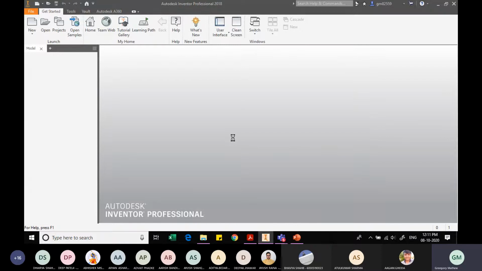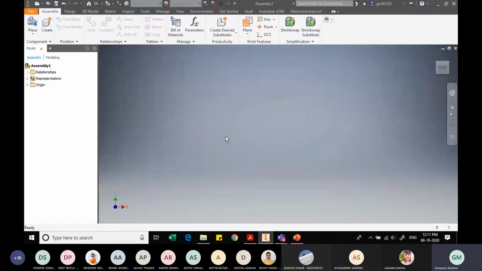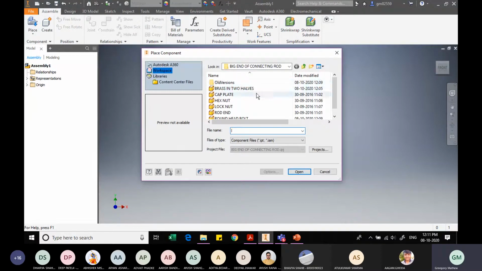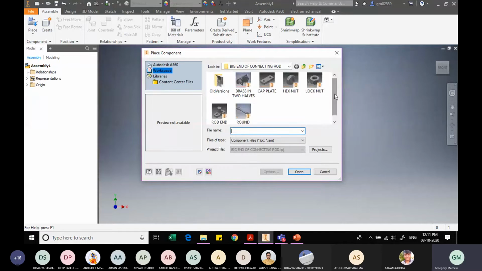Okay. Now tell me what should be the first component that I call. So as we remember, we go to the Place option. Now here, I might not be very sure what these components and the names are, so I can change this view from here, and let me go to small icons. Small icons, okay, it's still not visible. So I will change the icon size to medium icons, and in medium icons, now I get a view of what the various components are.